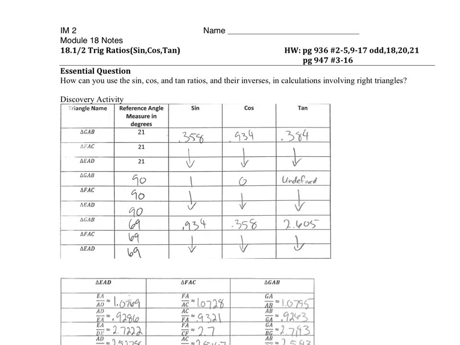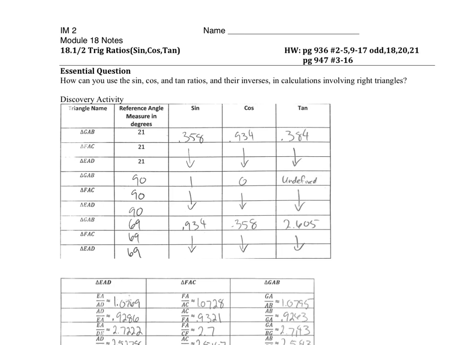All right, 18.1 and 2. So we're looking at trig ratios: sine, cosine, and tangent. Our essential question is how can you use the sine, cosine, tangent ratios and their inverses in calculations involving right triangles? So previously, you did a discovery activity where we filled in a table with three different